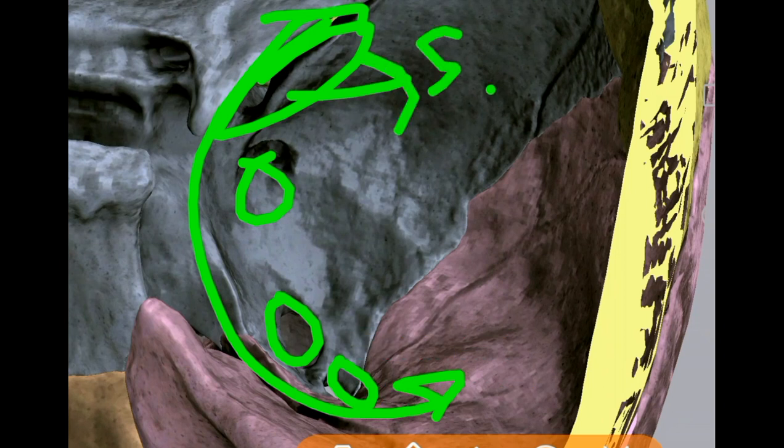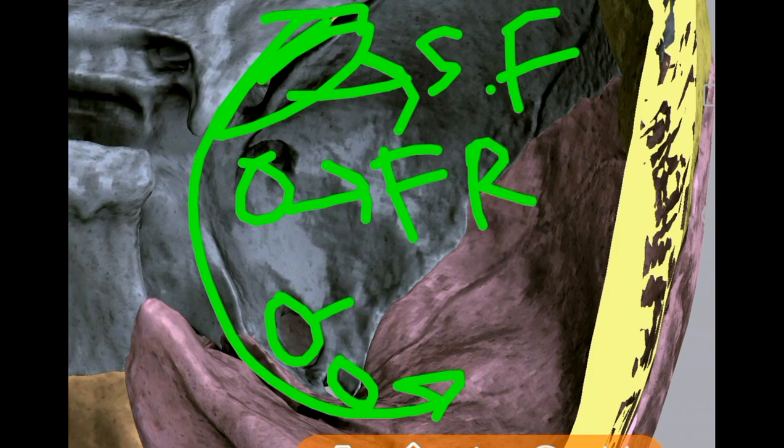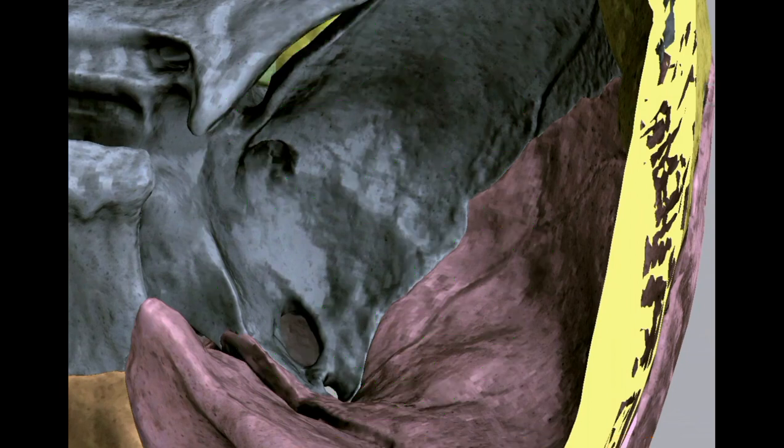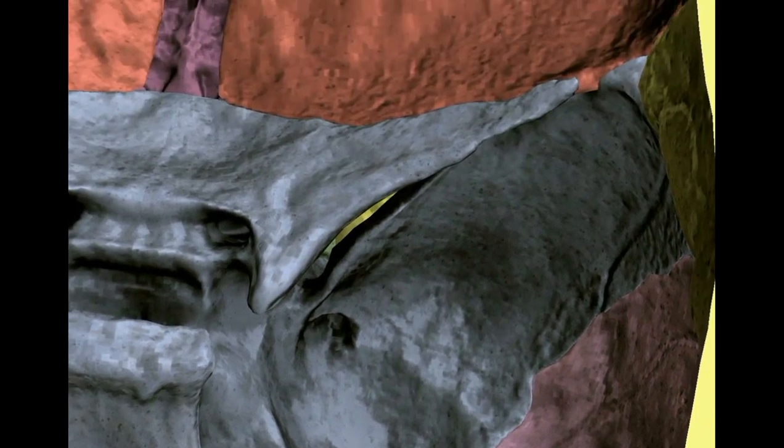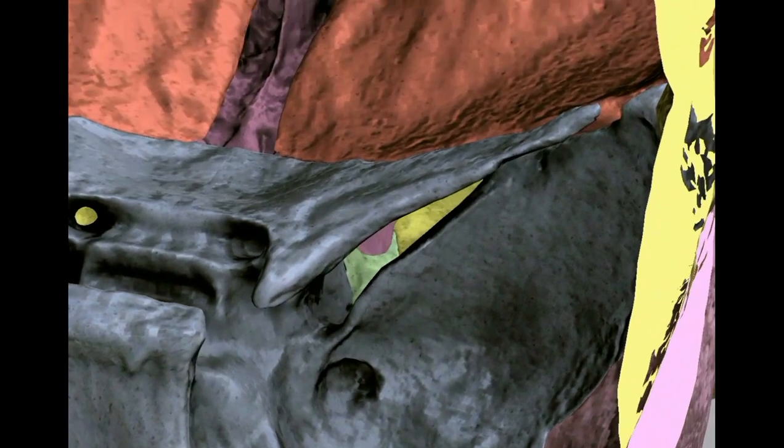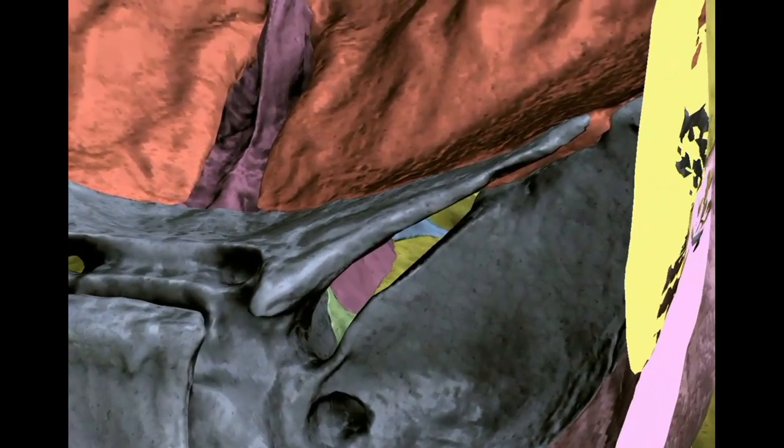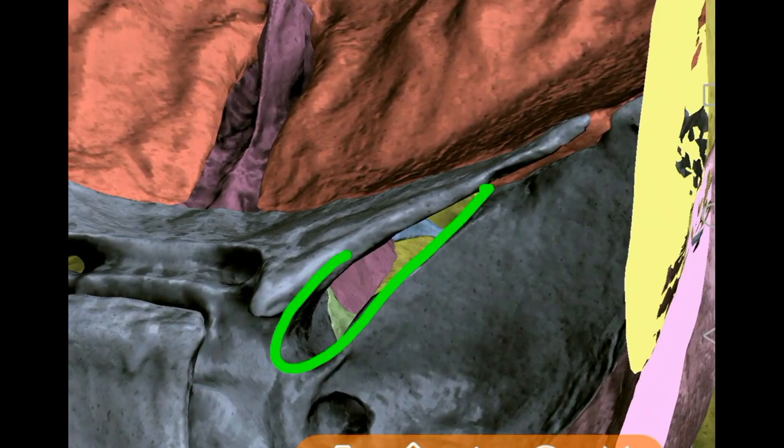So it presents 4 openings: superior orbital fissure, foramen rotundum. Rotundum means round. It is oval, foramen ovale. It is spinosum because it is present in front of the spine of sphenoid, that you see on the basal view, not here. So these are the 4 openings you will see along the crescentic margin in the greater wing of sphenoid. And when you see the superior orbital fissure here, you can see it is an oblique cleft which communicates this middle cranial fossa with the orbit.